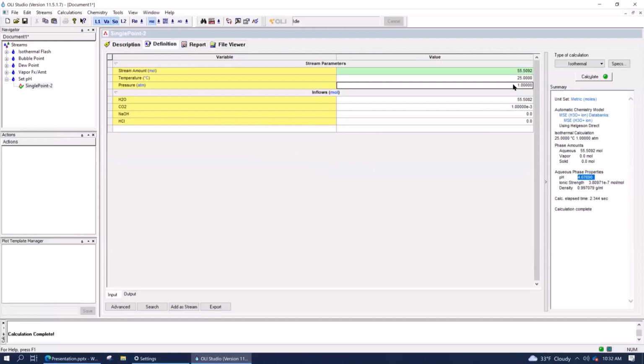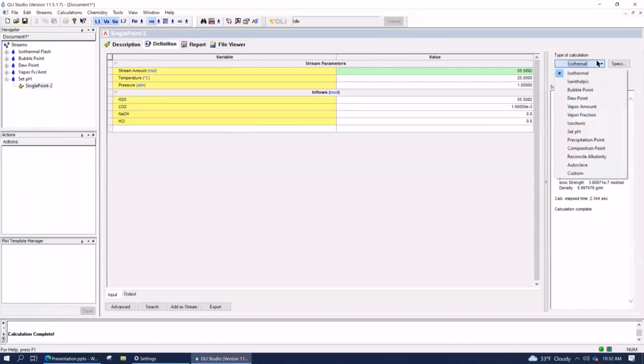Now the software needs to know if I need to add acid or a base to the system. So in order to know that, the software has to say, okay, what's the starting pH? Once it sees it's 4.67, it knows it has to add a base. And so when we do our next calculation where we set pH, you're going to see that the software is given an acid and a base to use. But in order to know which one to use, it does this calculation first. So we now know that the base pH of the system is 4.67.